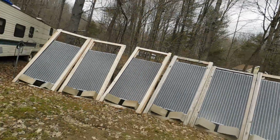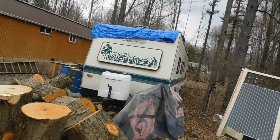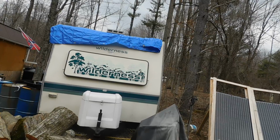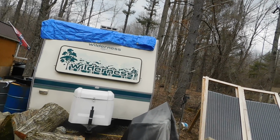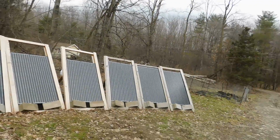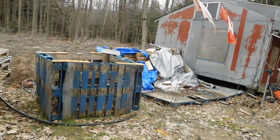And like I said, this amount of wood that we've pulled out of here, I don't even know how many face cords it's going to end up being. And we're not done pulling everything out yet. It's a real good start towards next winter. And once we get it split up and get it stacked, we have, let me show you over here,